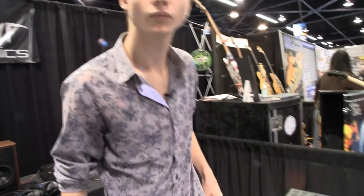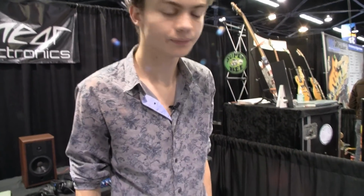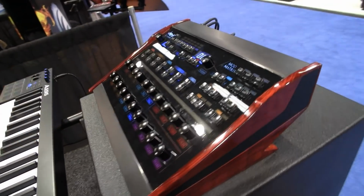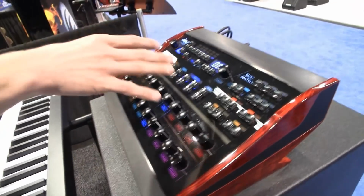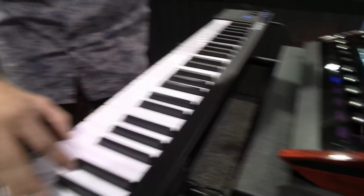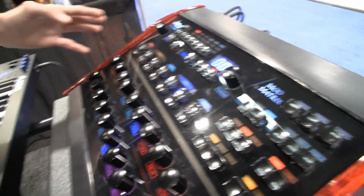Have you got some more sounds you could let us listen to? I'm sorry, what did you say? Do you have some more sounds we could hear? To be honest, I've programmed in 3 presets, just did them basically the past day. And this last one is one of my favorites. It shows off the layering capability. Unlike the original Oberheim OBX, and unlike the other polyphonic analog synthesizers available today that use VCOs, we can actually layer 2 sounds at the same time. So if we start out with this bell sound, something like this,